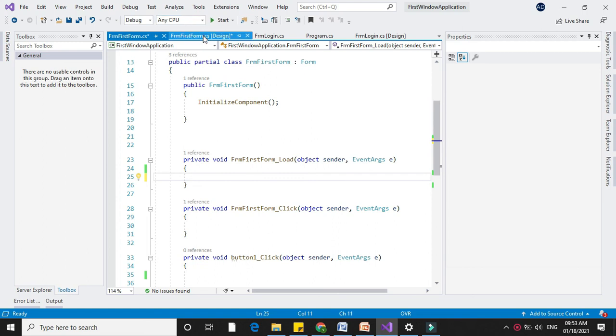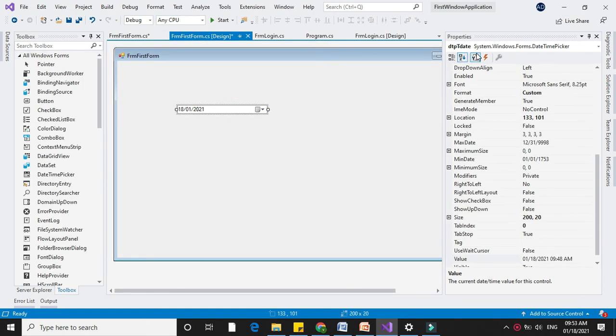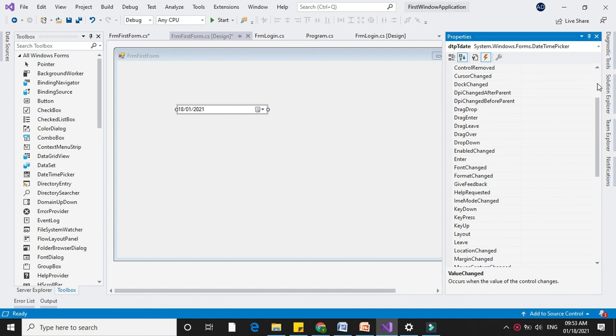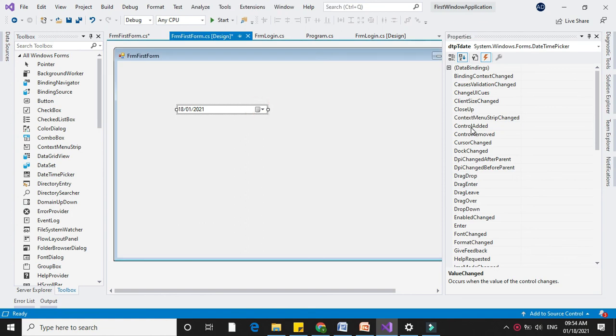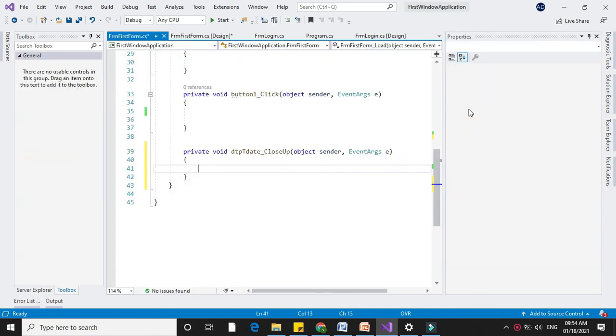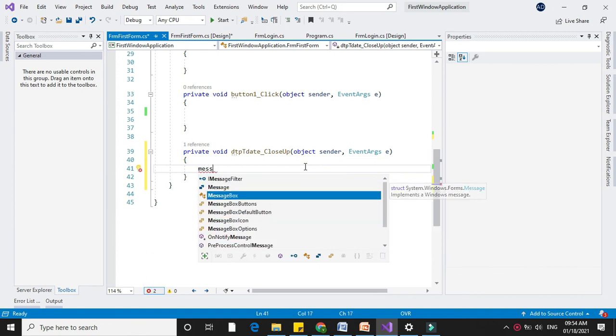Now to get the events, select the control and from the Properties window select Events. Here I will use the CloseUp event, and in the CloseUp event I will display the current date.